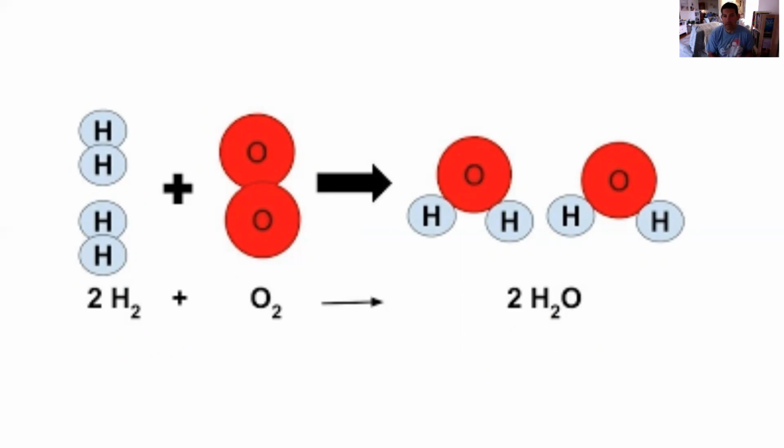The important thing is stoichiometry is happening at the atom level, right? So 2 molecules of hydrogen with 1 molecule of oxygen are forming 2 molecules of water, right? That's the ratio that these tiny, tiny individual atoms are reacting in. All right. Now, we are allowed to scale it up. So let's say I take my hydrogen and I multiply it by 6.022 times 10 to the 23rd, Avogadro's number,